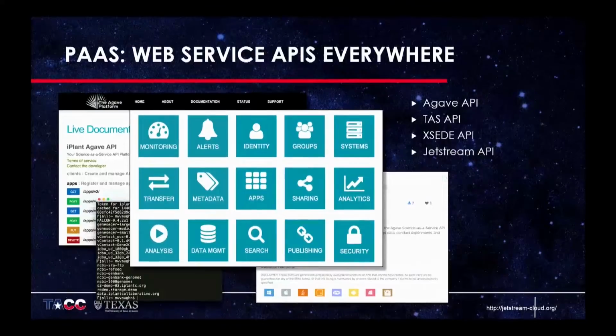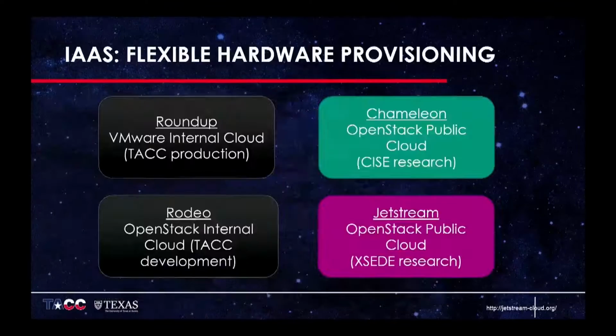But to be able to run a lot of those things, you need to have these APIs that can then interact with the infrastructure. And so we support several different APIs. Agave is probably the most popular one that we've been supporting, and it's been under development and funded by the National Science Foundation and runs a lot of our own cloud services that we build upon. But we also have a TAAS API, that's the TACC accounting system. XSEDE, which is a National Science Foundation cyberinfrastructure for the country, has an API. And then there's another one for another cloud service I'll talk about more, which is called the Jetstream API. And then, of course, at the very bottom, you have your hardware provisioning.